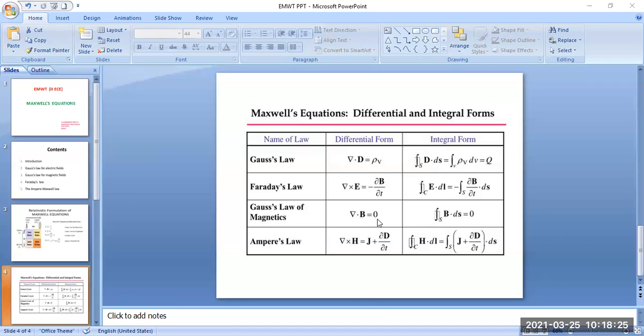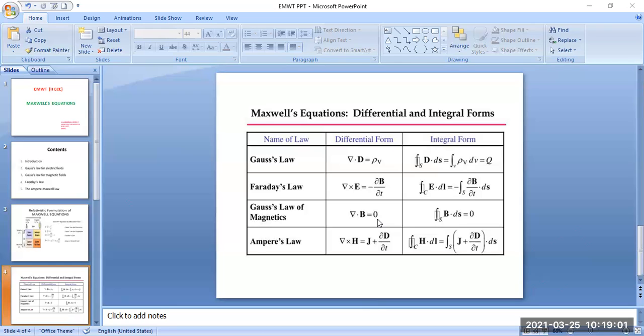monopole. Magnetism has two poles, one is the north pole, the other one is the south pole. So the magnetic flux lines start at the north pole and end at the south pole. Every magnet consists of two poles, north pole and south pole. A single pole, either north pole or south pole, a magnetic monopole does not exist. Why?